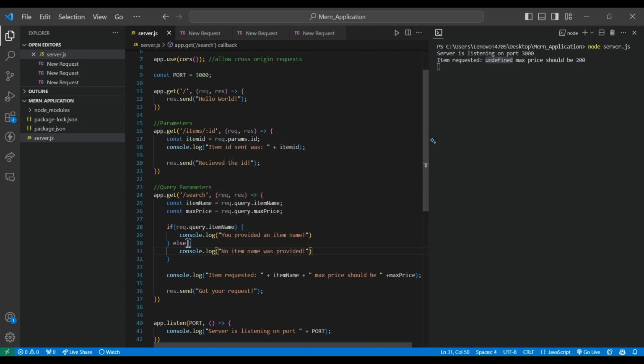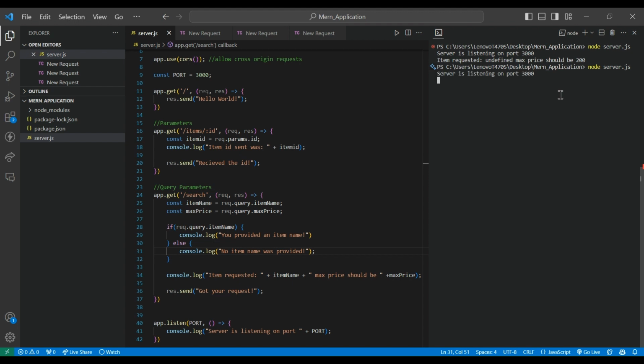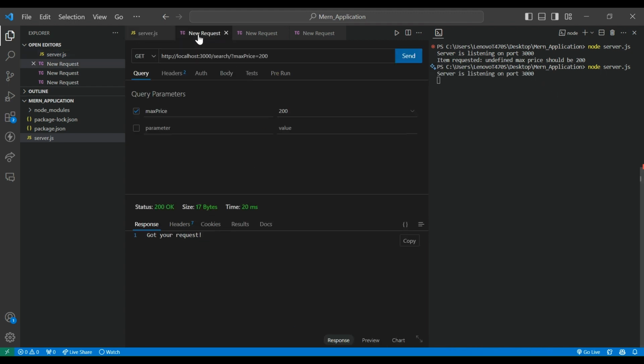All right, so let's see how this would work. We need to close our server and start it again. And now we can see we started our server again. Let's send that request again. So we can see we didn't actually include any item name parameter here, and it says no item name was